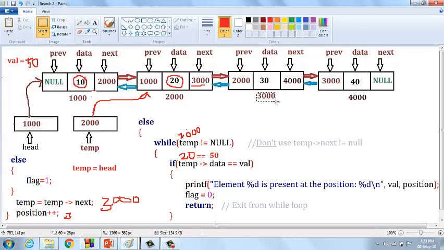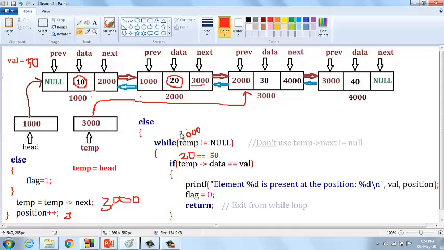It points to this location, and the connection is terminated from the second node and points to the third node of the given linked list. The position is incremented to 3.